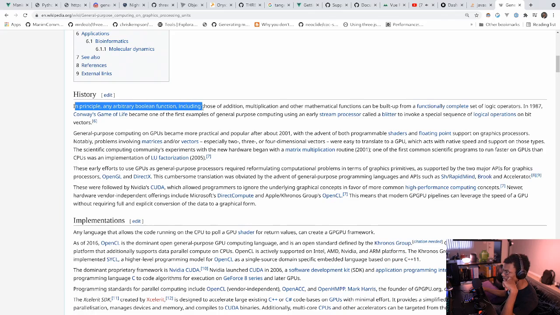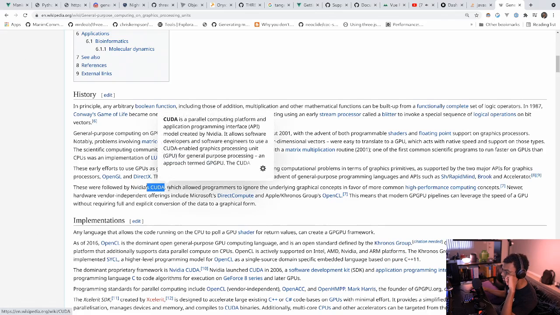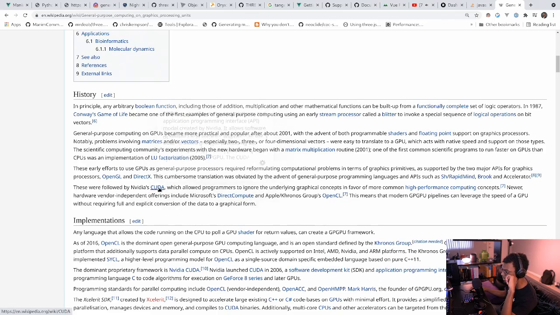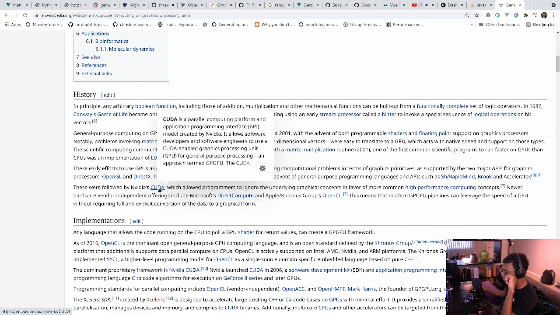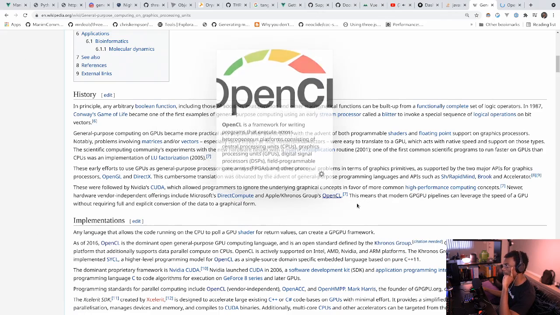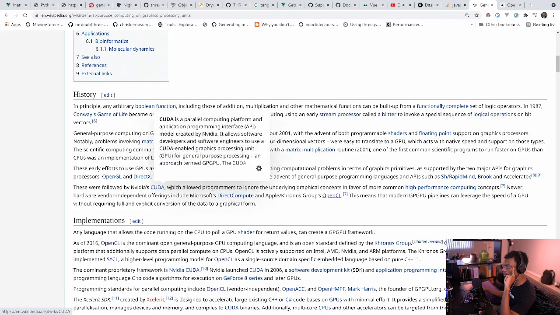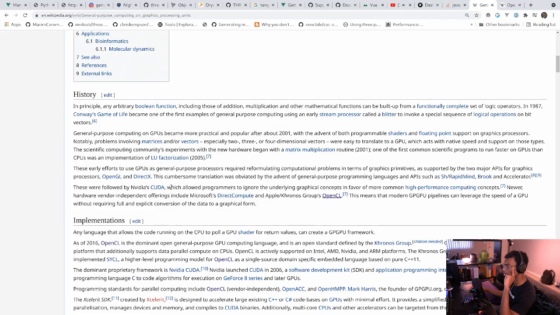Any arbitrary Boolean function, including those of addition, multiplication, and other mathematical functions, can be built up from a functionally complete... Okay, NVIDIA has CUDA, which is an implementation of this GPGPU. Although I don't know for sure if this is compute shaders or just a way to compute using the GPU. Those might not be the same. Anyway, NVIDIA has CUDA,